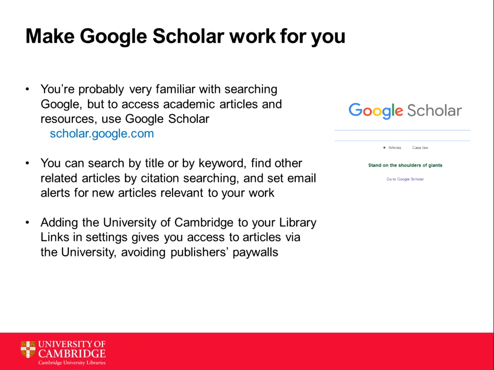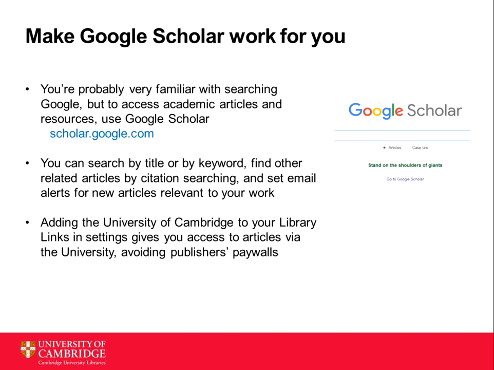When you search for information, one of the first places you go is probably Google, but if you're looking for academic articles and resources to support your research, we recommend using Google Scholar. Google Scholar indexes peer-reviewed academic material and uses different algorithms to regular Google to ensure that scholarly and highly cited work comes top of your search results. You can search Google Scholar by title if you know the item you're looking for, or you can search by keywords if you want to find information on a particular topic, such as, for